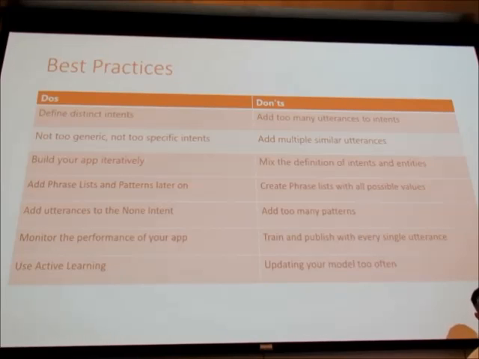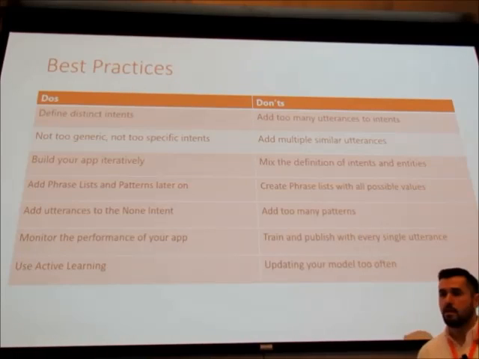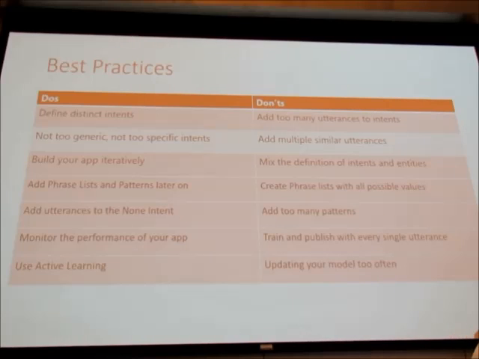Another one, which we find very difficult, is when you have two top scoring intents. Let's say book a hotel is an intent that I programmed, and book a flight. A lot of the utterances that I sample for book hotel and book flight are going to be very similar. Book on this date, book a flight on that date, book a hotel here, book a flight from here to there. So when you have two top scoring intents, sometimes what you want to do is actually merge them and say, you know what, let's bring this together as book something, and then train the model to pick up the correct entities between a hotel and a flight, for example. So you don't want to be too generic, but you don't want to be too specific on your intents either, as they can merge.